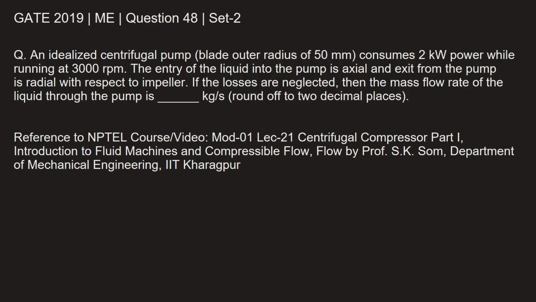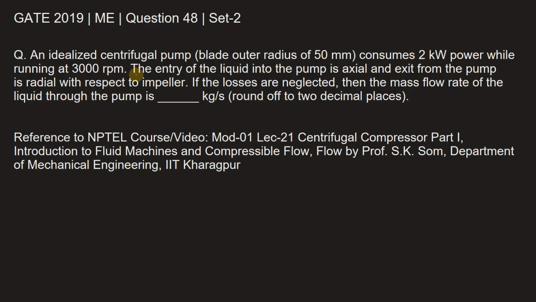Hello aspirant. This question is from GATE 2019 Mechanical Engineering paper set 2. It's question number 48. An idealized centrifugal pump, blade outer radius of 50 mm, consumes 2 kilowatt power while running